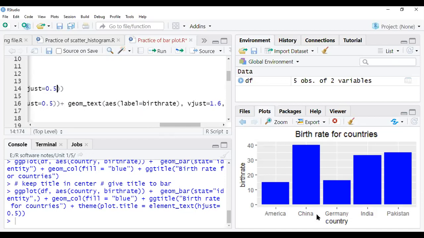And I'm giving aes(label = birth rate). Okay, so now we are filling the label, right? We are giving the label to the birth rate. So this is the birth rate, right? America's birth rate is this, China's birth rate is this. Okay, so I am giving the label as the birth rate. So we have to write geom_text, aes in brackets, label equals birth rate, and comma,